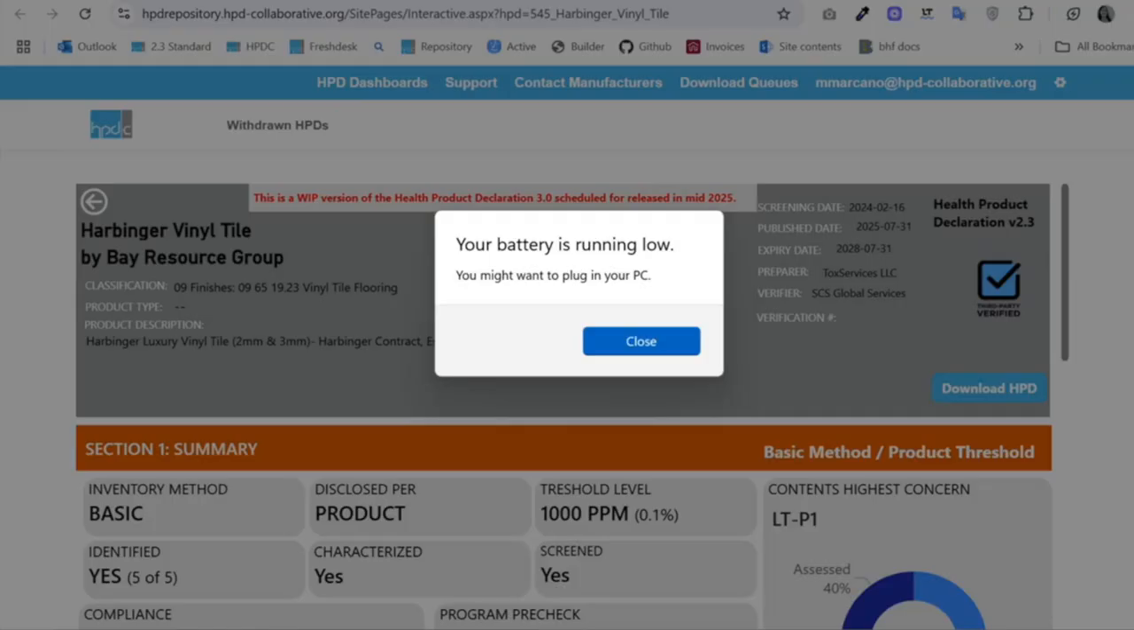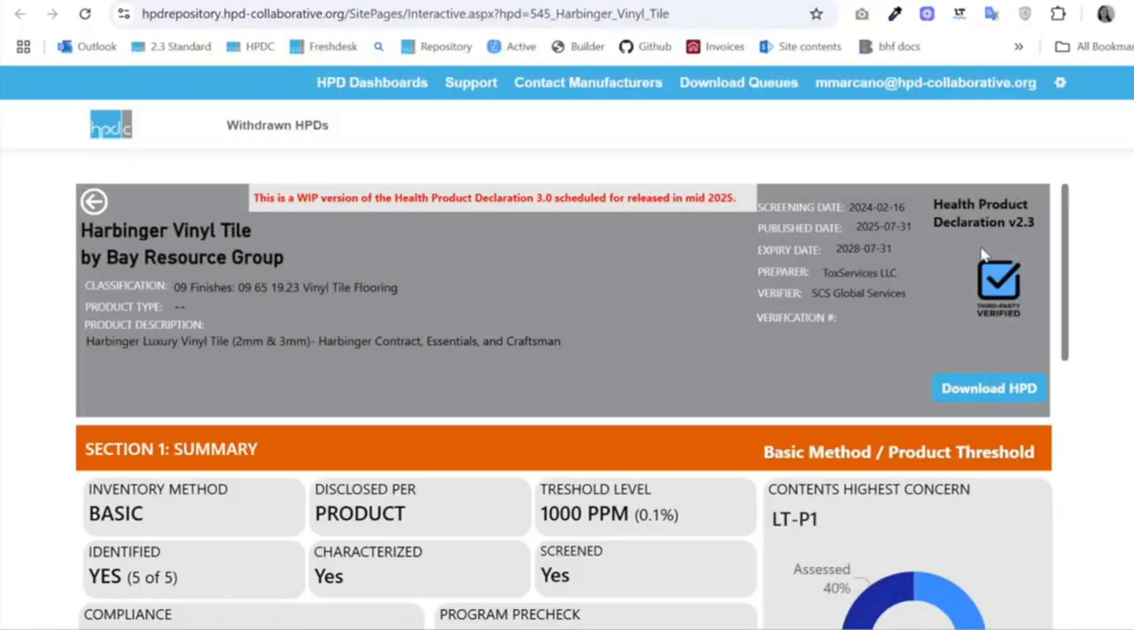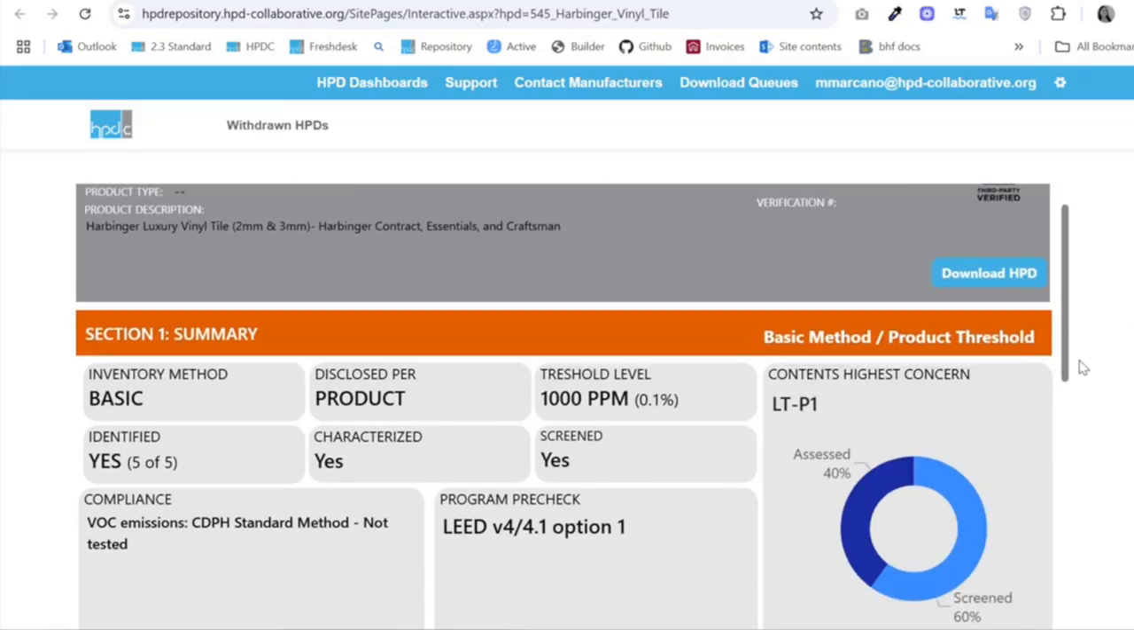So it's possible to view the data for previous HPDs, previous versions, because this is a functionality implemented in the repository, but it's going to be officially live with the release of 3.0. So what is different is